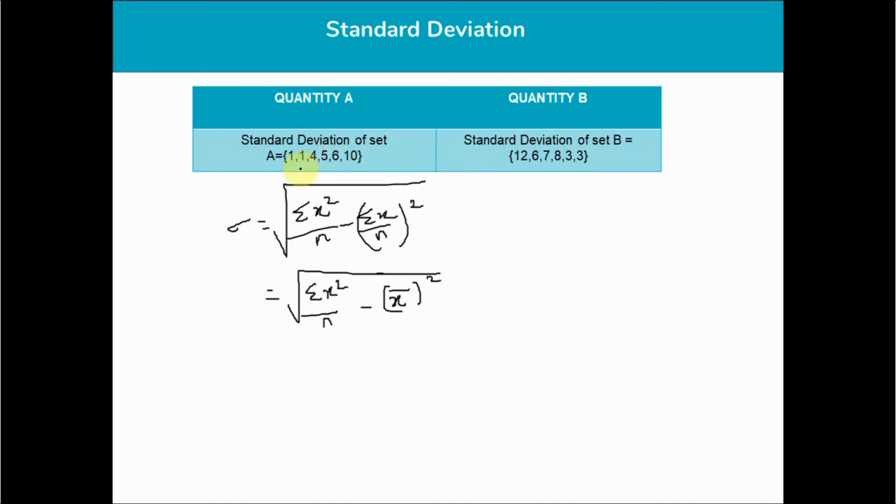Now, standard deviation of a set, as I told you, try to compare and analyze these two sets. Okay, 1, 1. Find any element closer to 1 here. That's the number 3. So between 1 and 3, I have two 1s, two 3s. That should immediately ring a bell. Some kind of pattern is going on here. 1 plus 2 is equal to 3. 1 plus 2 is equal to 3.